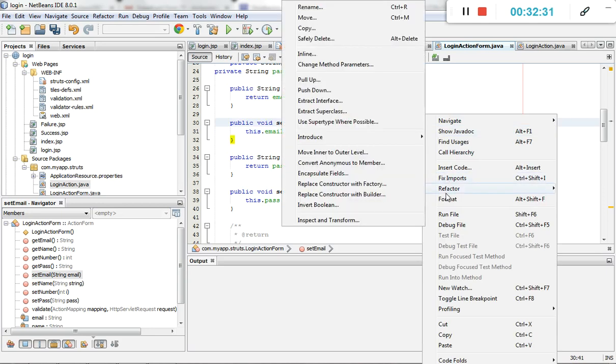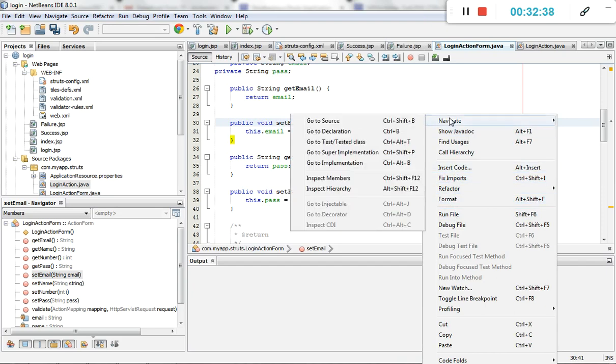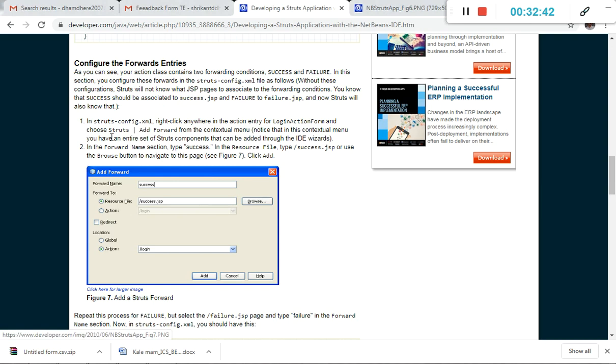Is there any Struts option? It's debug, refactor, insert code, navigate. Okay, we will check it again.